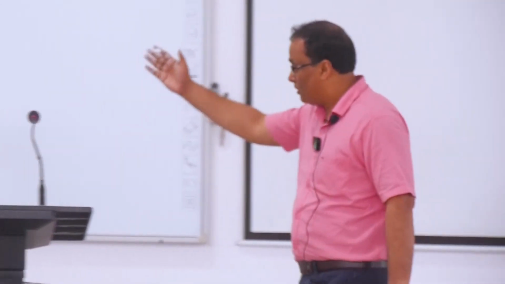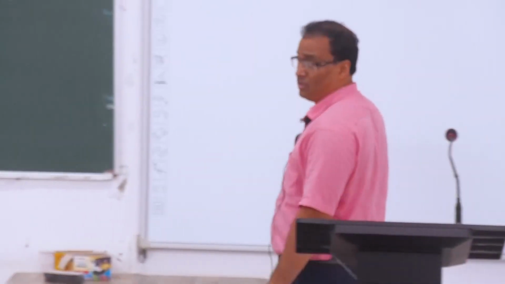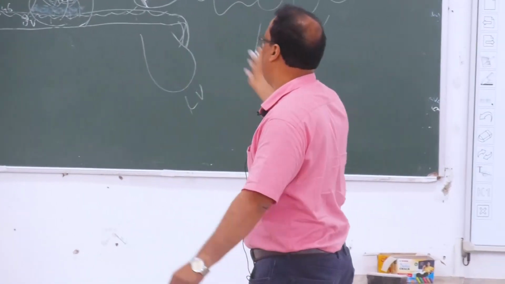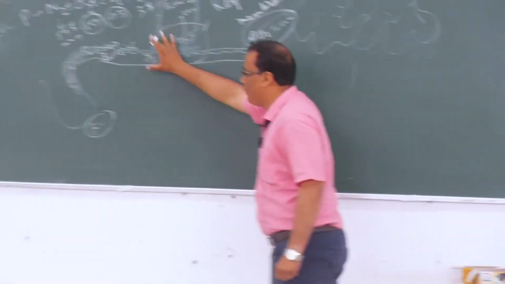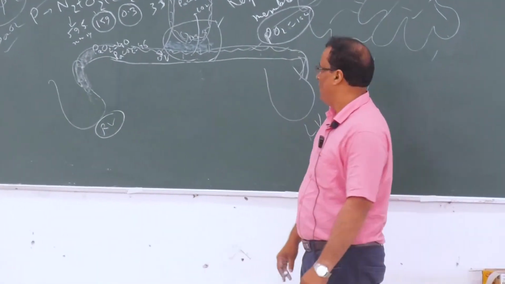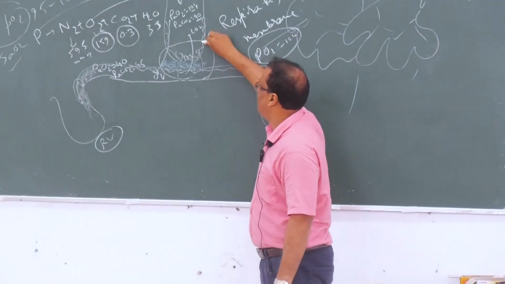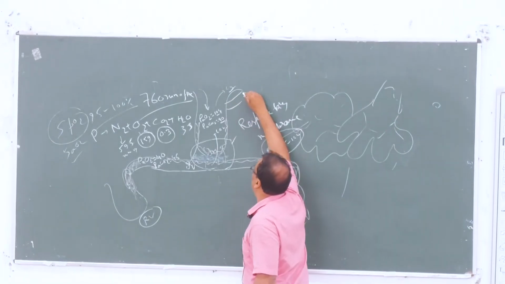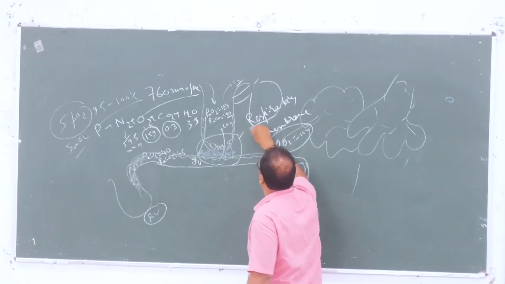Number three is a surface area, and also the importance of the branching of the alveoli. এখান থেকে যদি কোনো ব্রাঞ্চ বেরিয়ে গেছে that is also